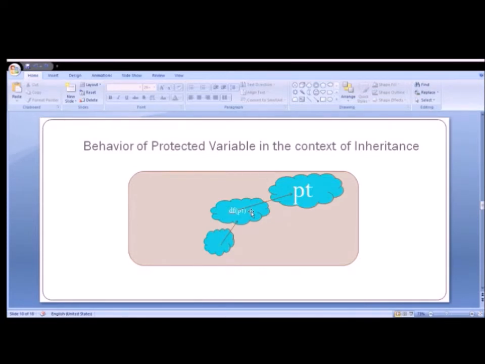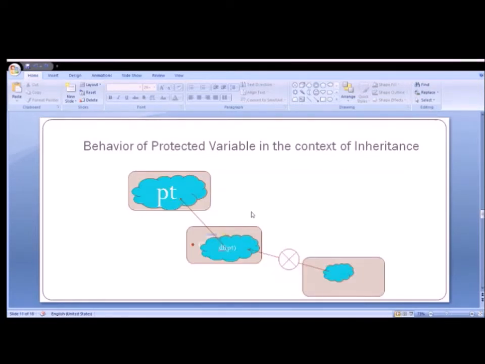Now, let us see different situation. Here, same three classes are present in different packages. Class 1 is in separate package, class 2 is in separate package and class 3 in different package altogether. The protected variable of class 1 becomes default variable that we understood in previous slide.